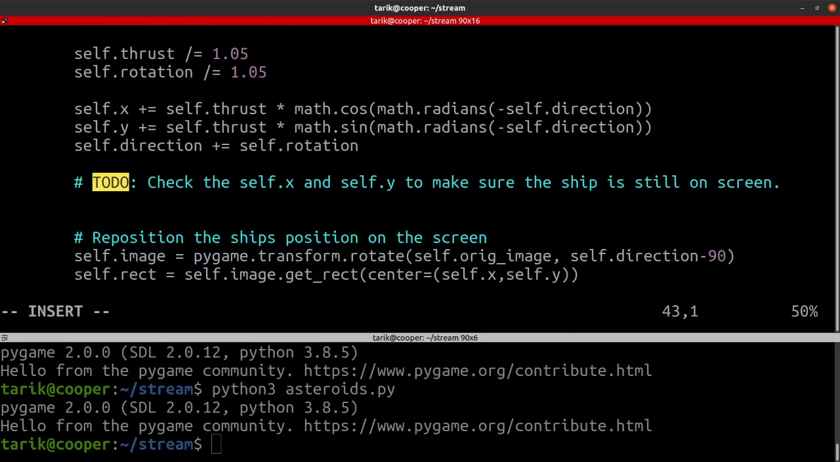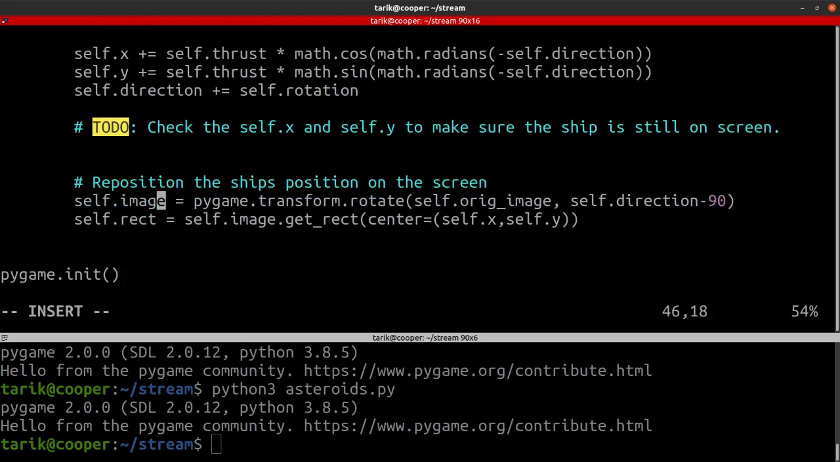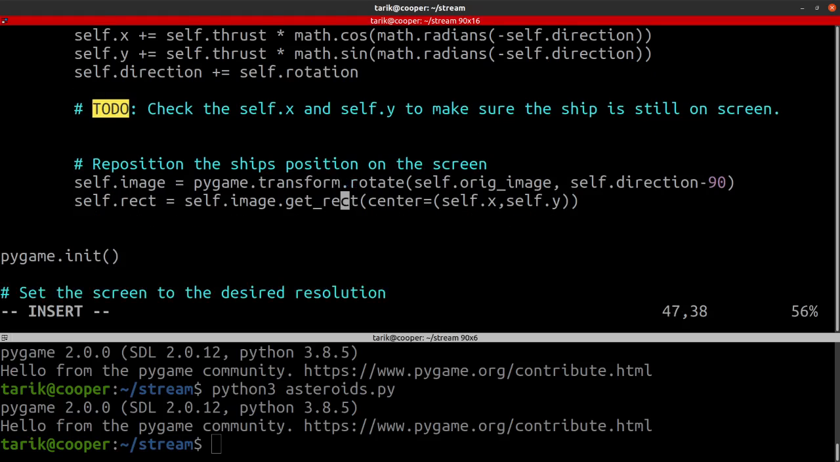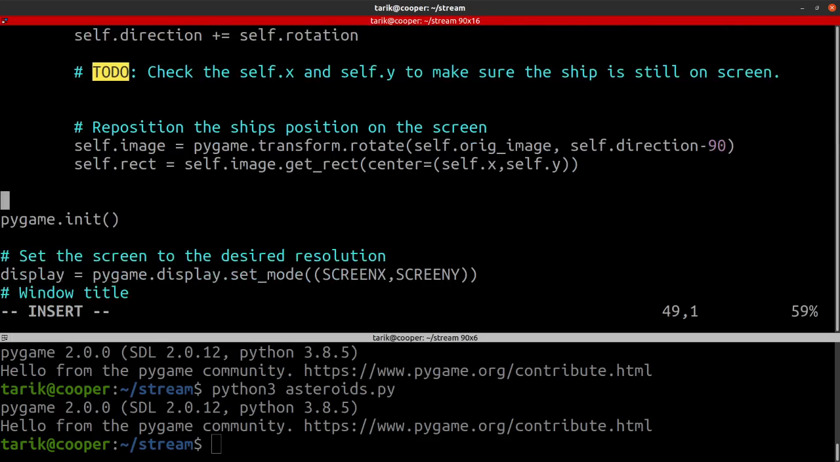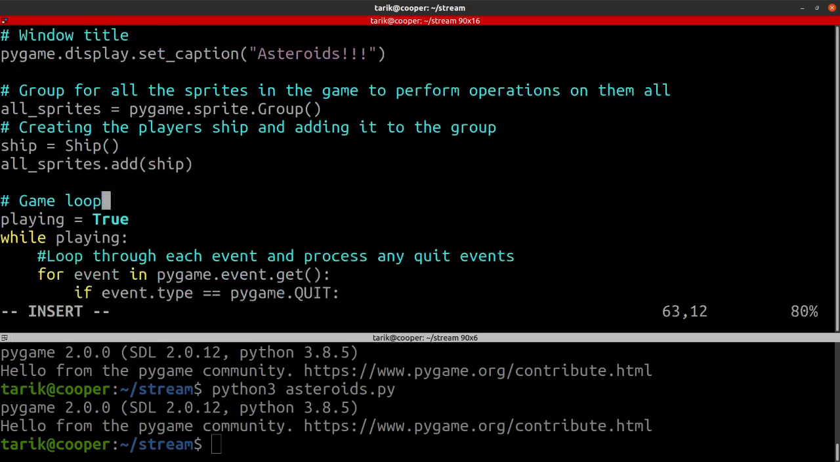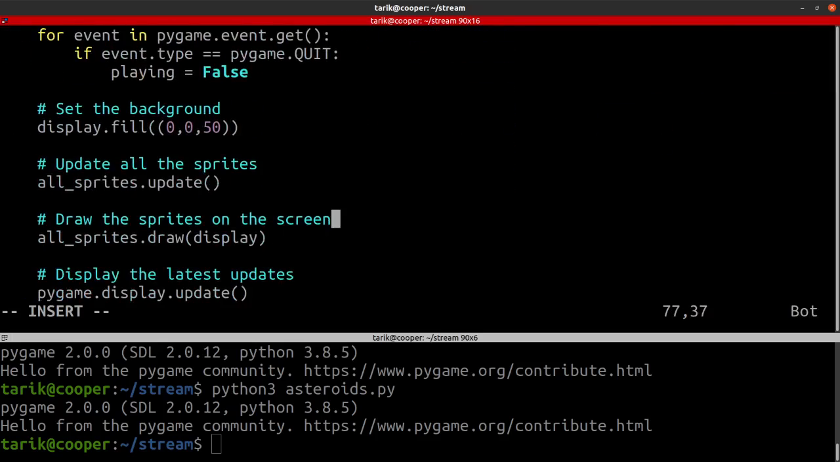Then you're making sure that it comes off one side of the screen, comes back on the other. And then we're making sure the rotation of the ship, which is being taken from the original image, so it's not going to get mangled, is rotated the correct amount, minus 90, so it's not going sideways, we're actually pointing in the correct direction. And then we're recentering the rectangle that we're drawing it in. I don't think we actually changed anything on this,